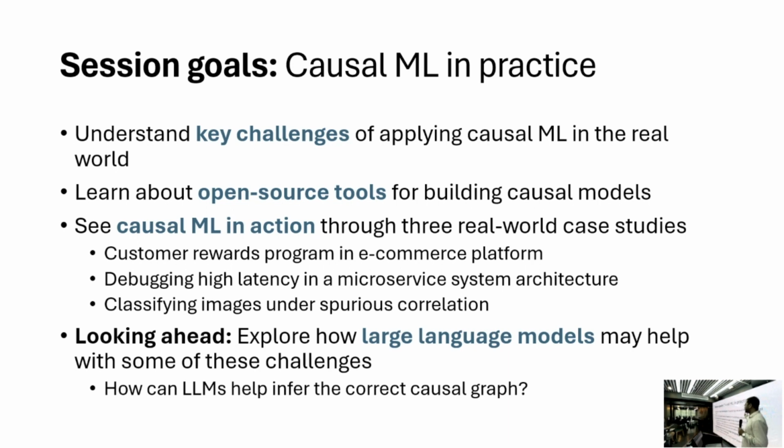And then we'll talk about using these tools for 3 applications: customer rewards program, debugging high latency, so root cause, and finally the MNIST example, how do you classify images under correlation. Once we are done with that, I want to have a discussion or present some results on large language models,